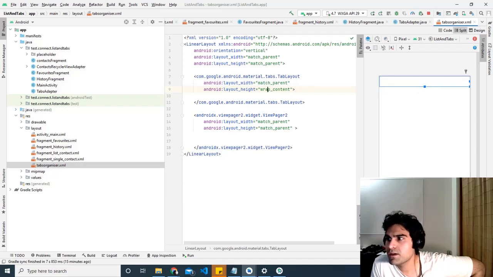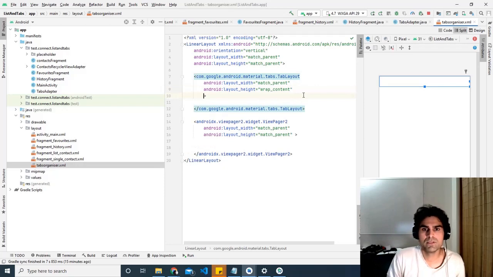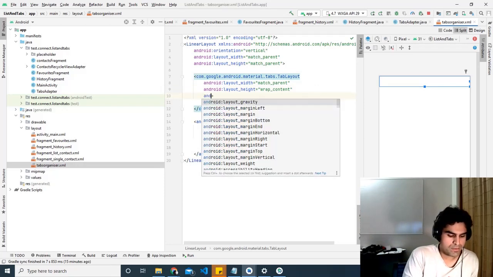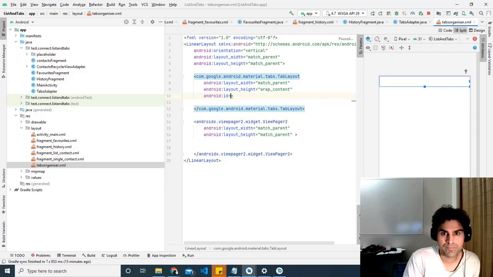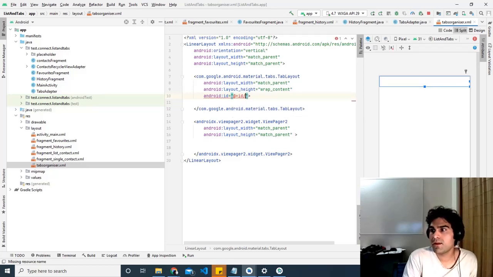and I am going to give them an ID, so let's do that. And the ID I want to give this one is just the global, because we only have one set of tabs, global tabs layout,